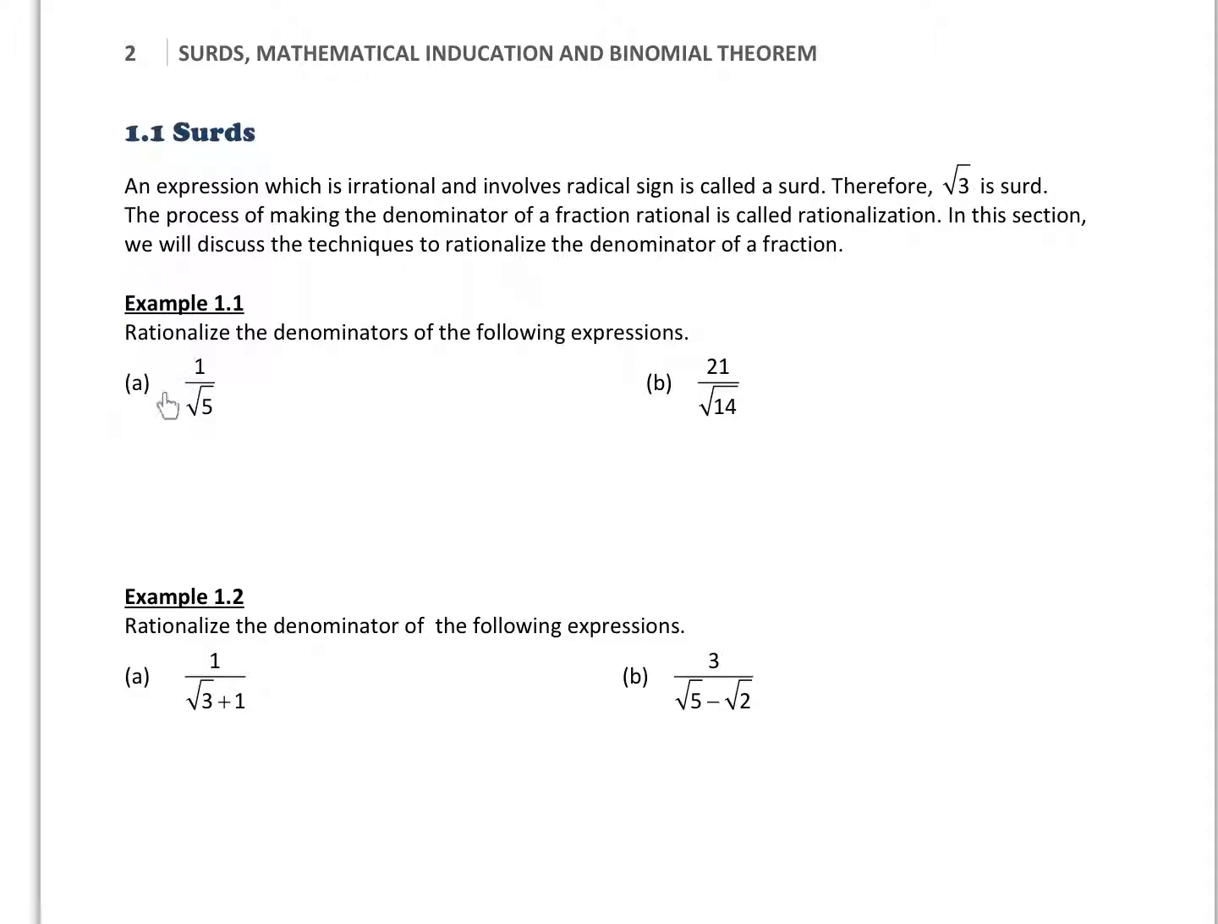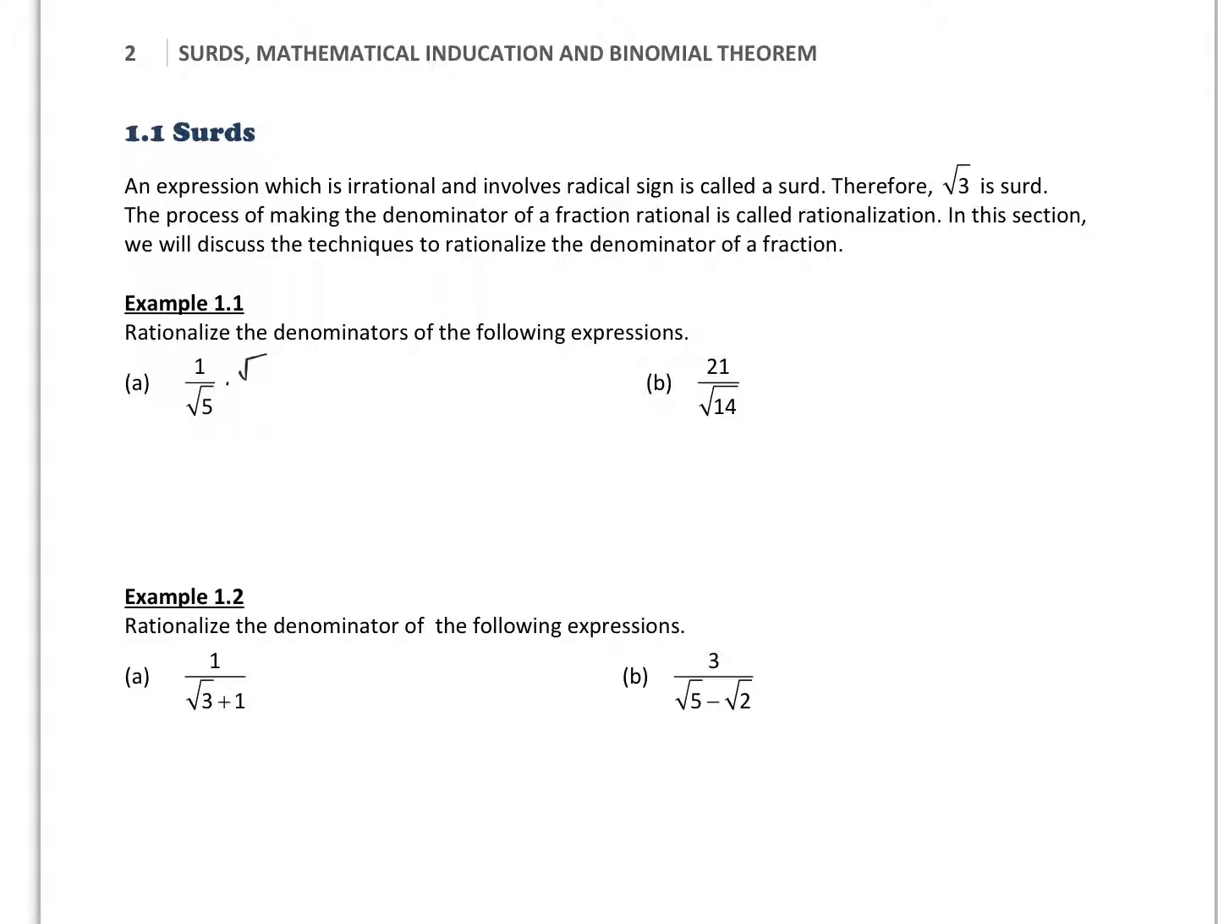Example 1.1 is a typical example in your junior form questions: how to rationalize the denominator. If I have a fraction like this, you need to remember that if the denominator is an irrational number, this is meaningless. So in general, if you see this expression, you need to simplify it by multiplying